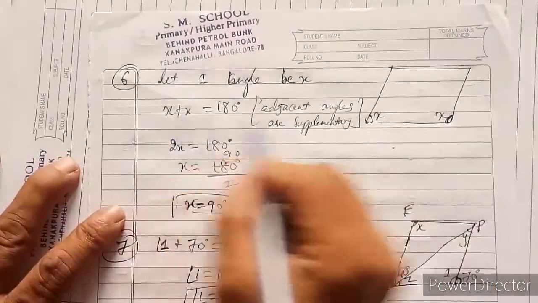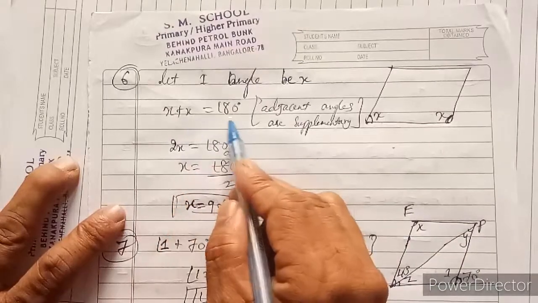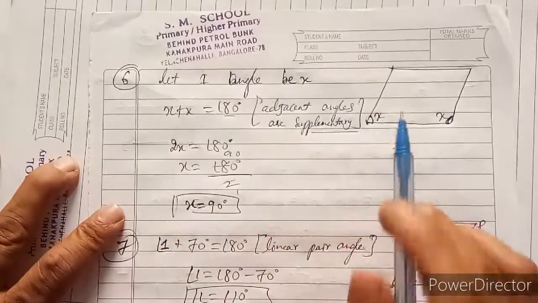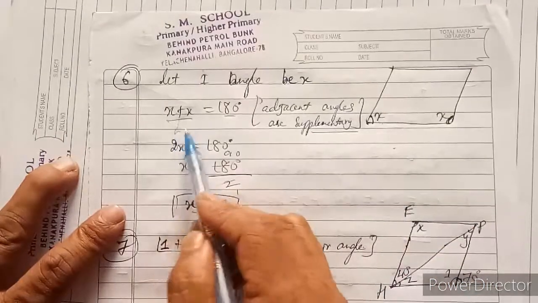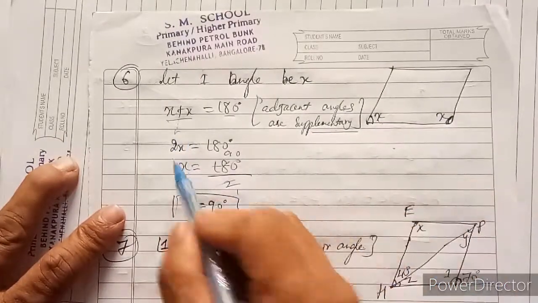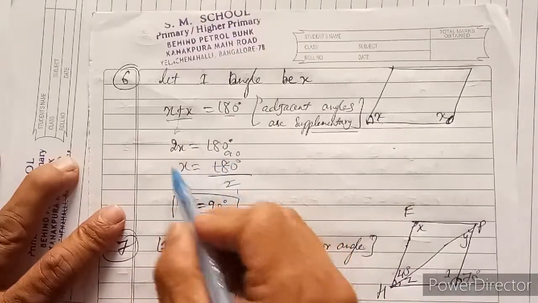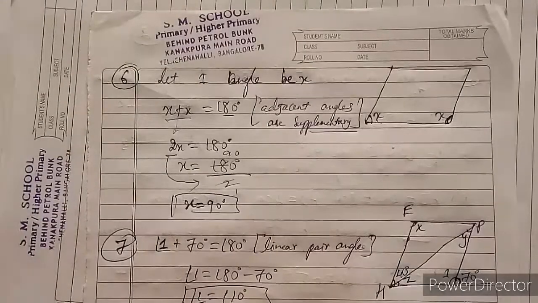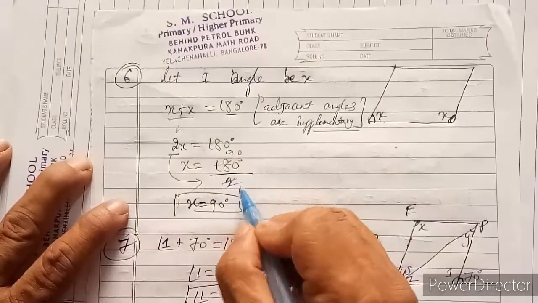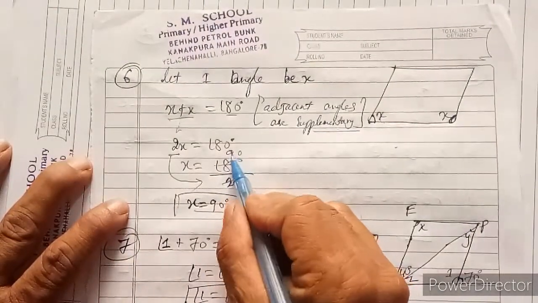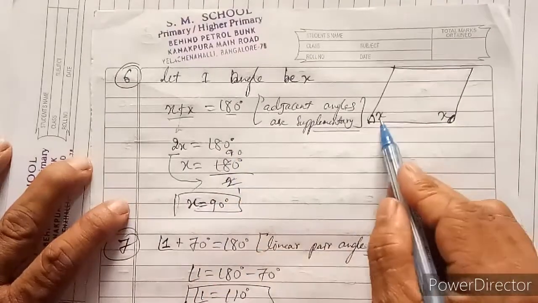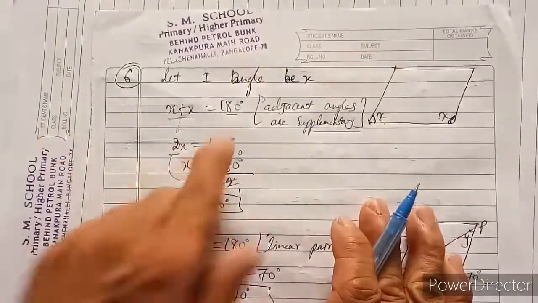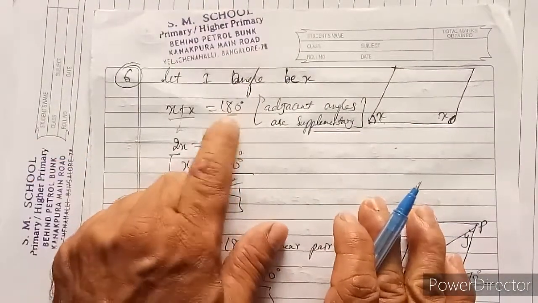Then we have to put x plus x is equal to 180 degrees. Adjacent angles are supplementary, so we can write x plus x is 2x. This angle x plus this angle x is 2x, and 2x is equal to 180 degrees. The product value, there is no sign in between 2 and x, and the 2 will transpose to the denominator. If you cancel, 2 ones are 2, 2 nines are 18 and 2 zeros are 0. So x we got is 90 degrees. Both angles are 90 degrees and 90 degrees. The total sum, if you add, we will get exactly 180 degrees.